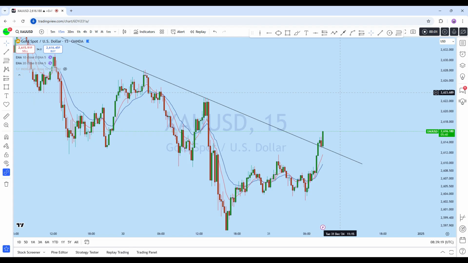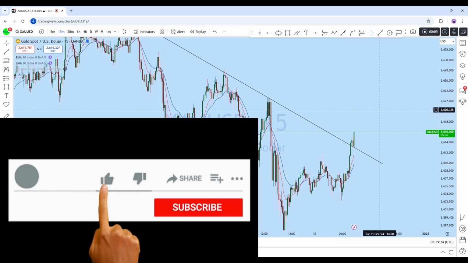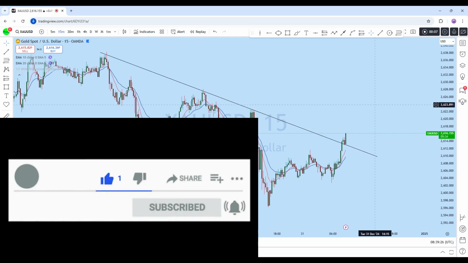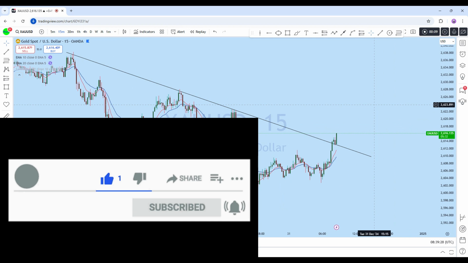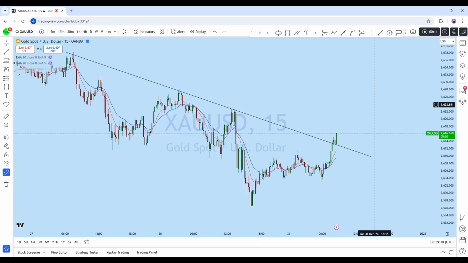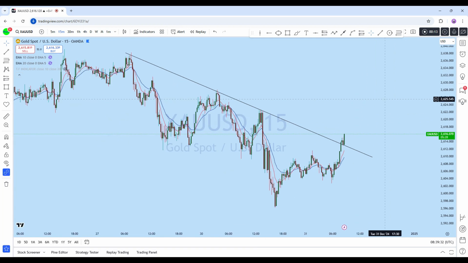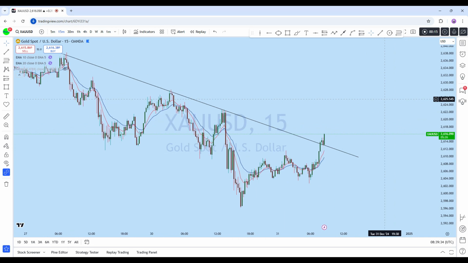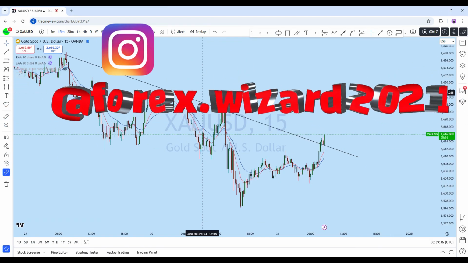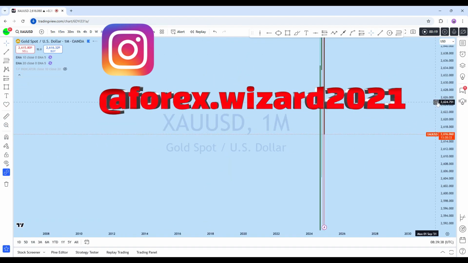Hello trader, I'm going to do a complete multi-time frame analysis on XAUUSD. Let's see what kind of trading opportunity we have in this instrument. Now from the lower time frame, we can see that this instrument currently shows a significant trading opportunity. Before we discuss how we can trade, first let's quickly look at the highest time frame, looking at the monthly